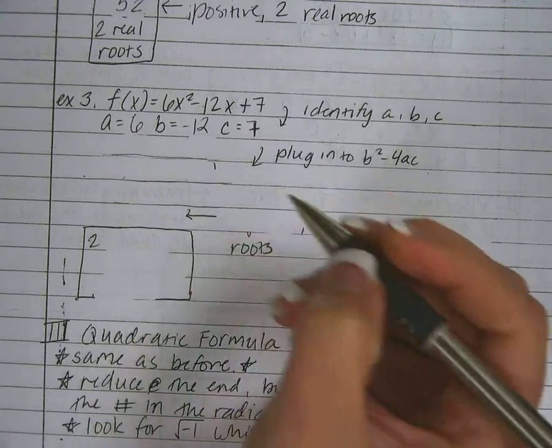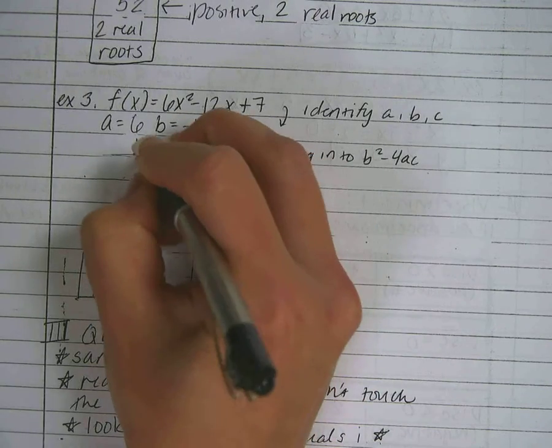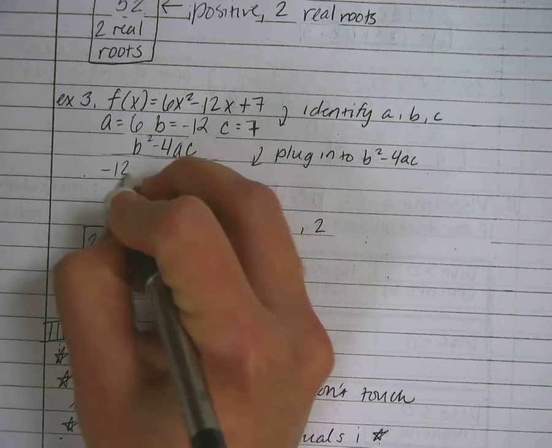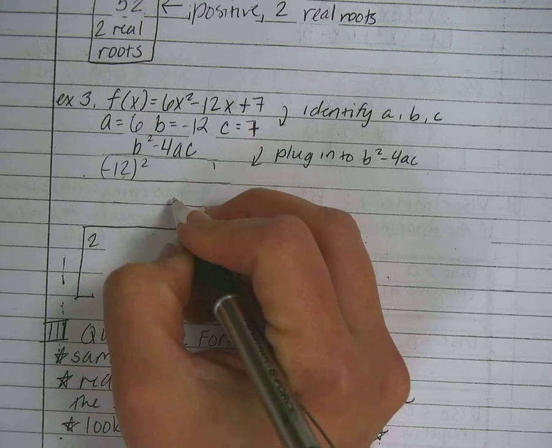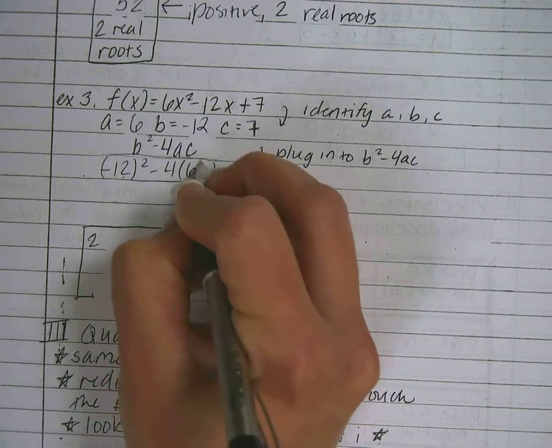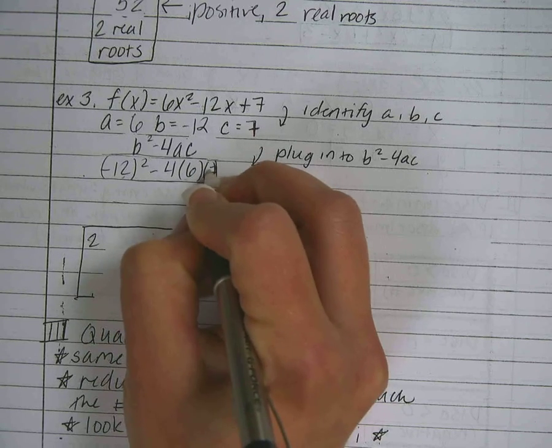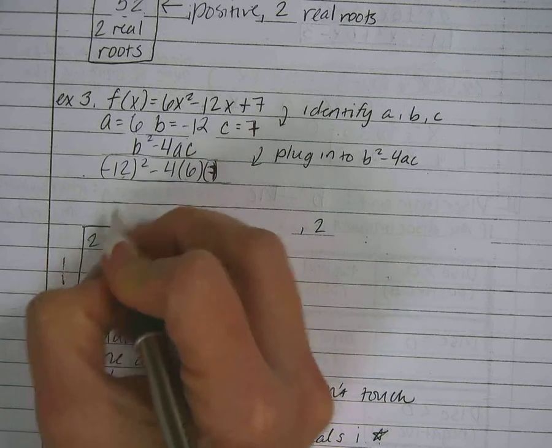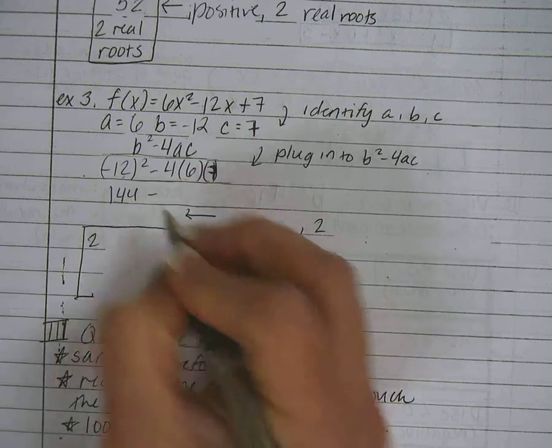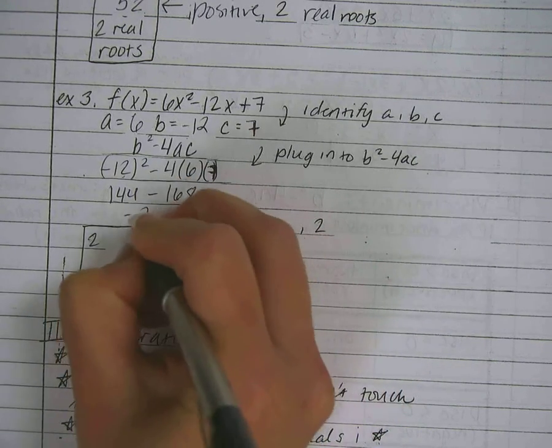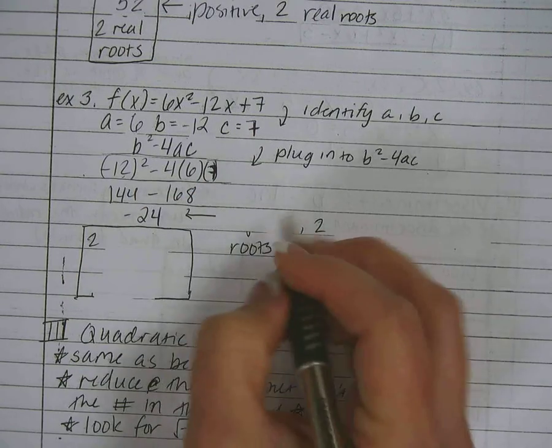Okay, so then we want to plug into b squared minus 4ac. So b squared is negative 12 squared, and then minus 4ac. Negative 12 squared is 144 minus 168. I'll get a negative 24. So this is a negative